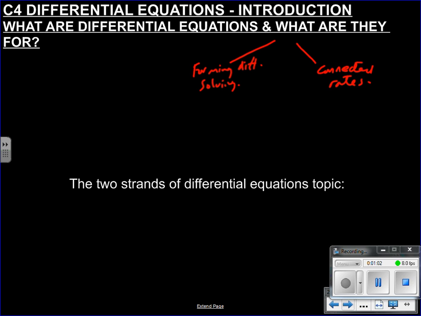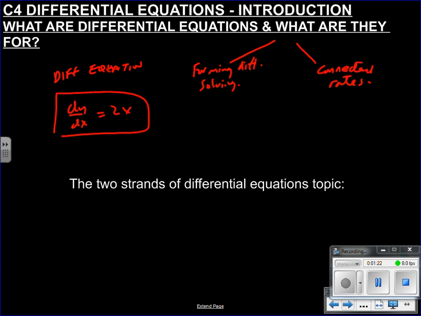Well, whenever you write dy by dx is 2x, and you just started off this way, this is a differential equation because it contains a derivative and a function. It's an equation involving the derivative. Do you see? But in reality, what differential equations are for is, obviously for the mathematical exercise,